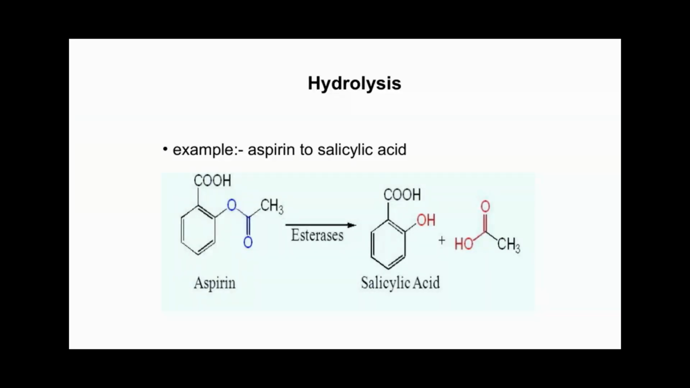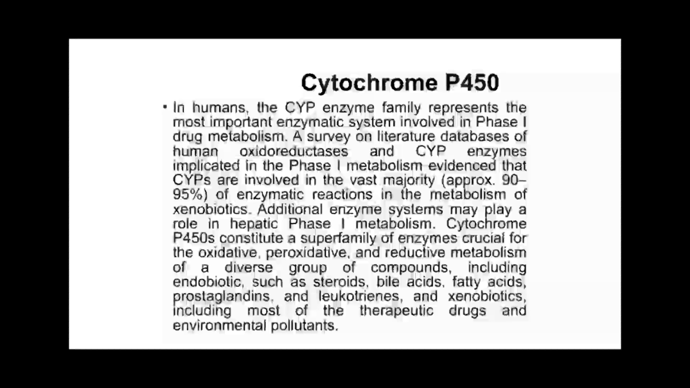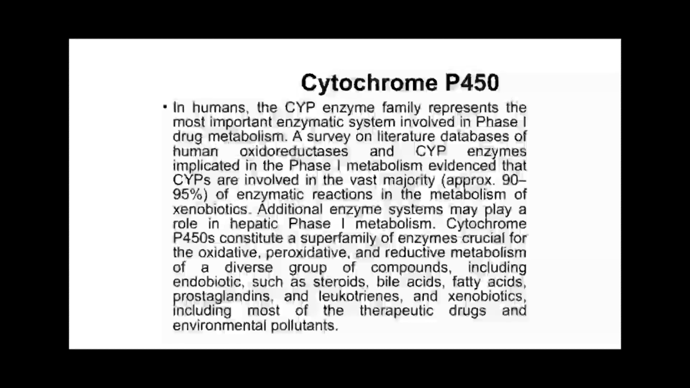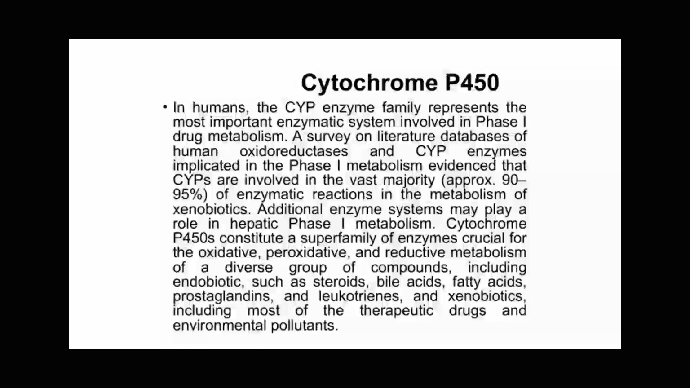Let's take a closer look at the CYP enzyme family in humans. This family is actually the most important enzymatic system involved in phase I drug metabolism. When we talk about phase I, we're referring to those initial modifications that prepare drugs and other compounds for further processing. Research from literature databases shows that CYP enzymes are responsible for the vast majority of these reactions, around 90 to 95%. That highlights just how central they are in metabolizing xenobiotics, which are foreign substances like drugs or environmental